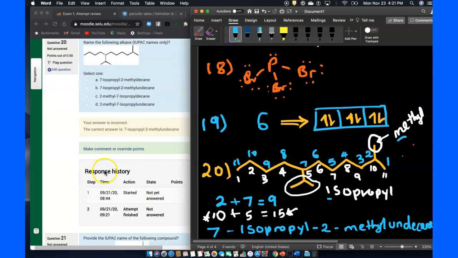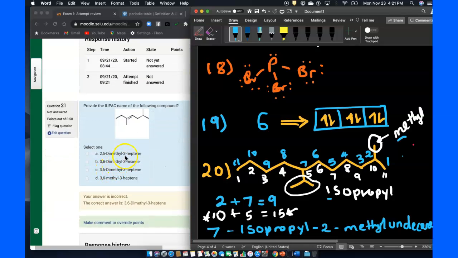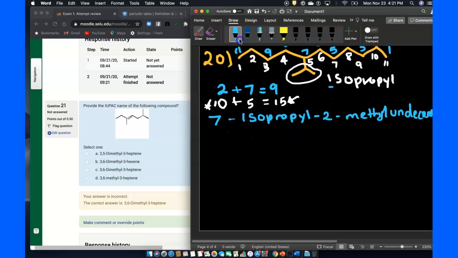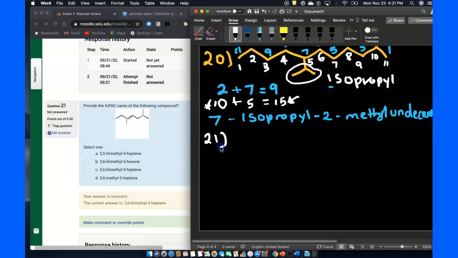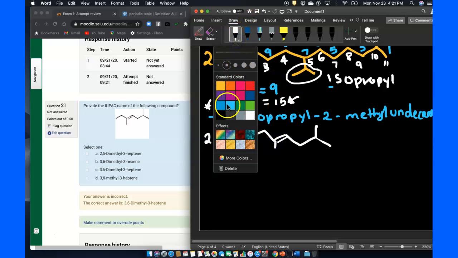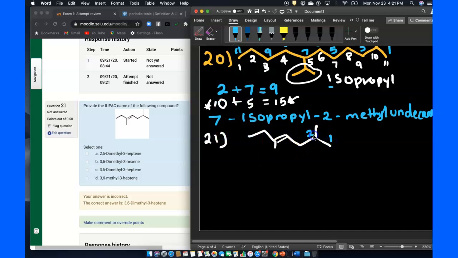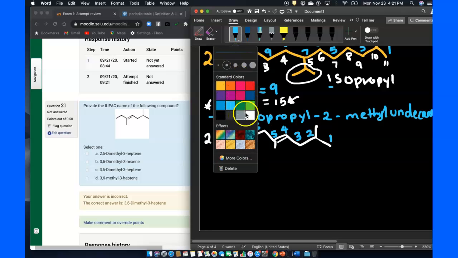All right, so let's see. Question 21, which I think is the last one. Question 21 for exam 1, you need to provide the IUPAC name. So here it's an alkene, so I'm going to prioritize the position of the double bond. So if you start from this side, that will be your numbering, but if you start from the other side,